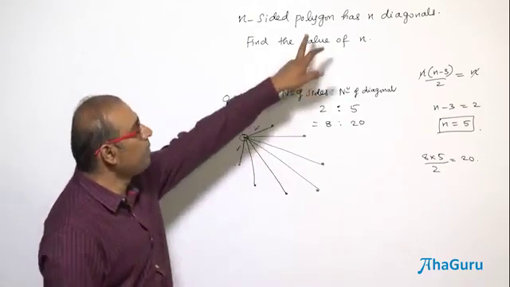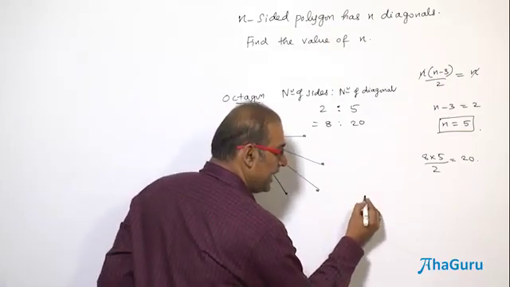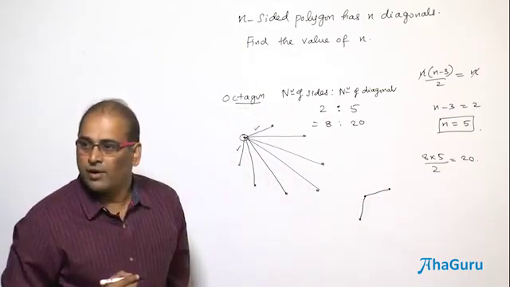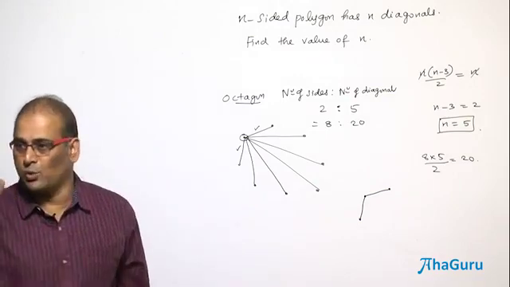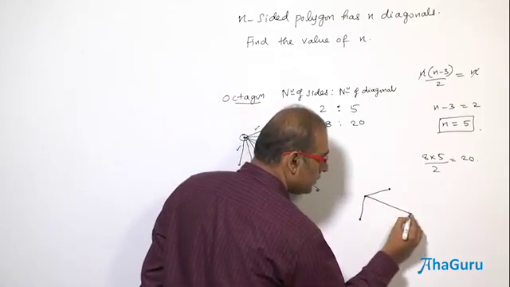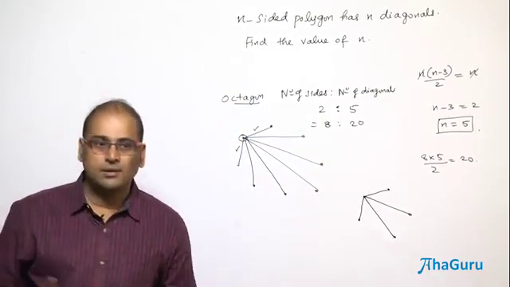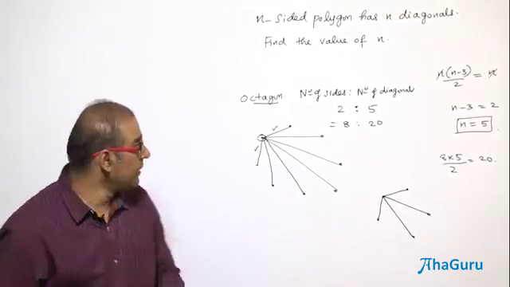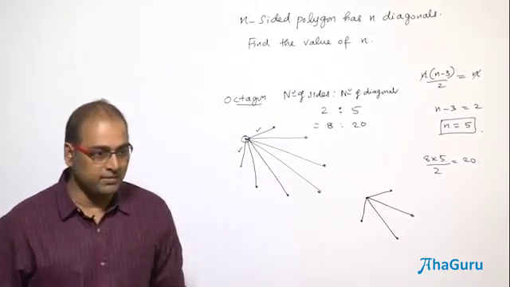Now coming back to this problem, it has n sides and n diagonals, which means my diagram should be like this. Anyhow, I always have 2 sides. For every 2 sides, I must get how many diagonals? For n sides, I get n diagonals. So the ratio is 1:1. Therefore, for 2 sides, how many diagonals should I get? Only 2. That's all, no more. Now count the number of vertices. Therefore, it's 5. I have not counted the number of diagonals. I said I want the value of n. What is n? How many vertices do I have?